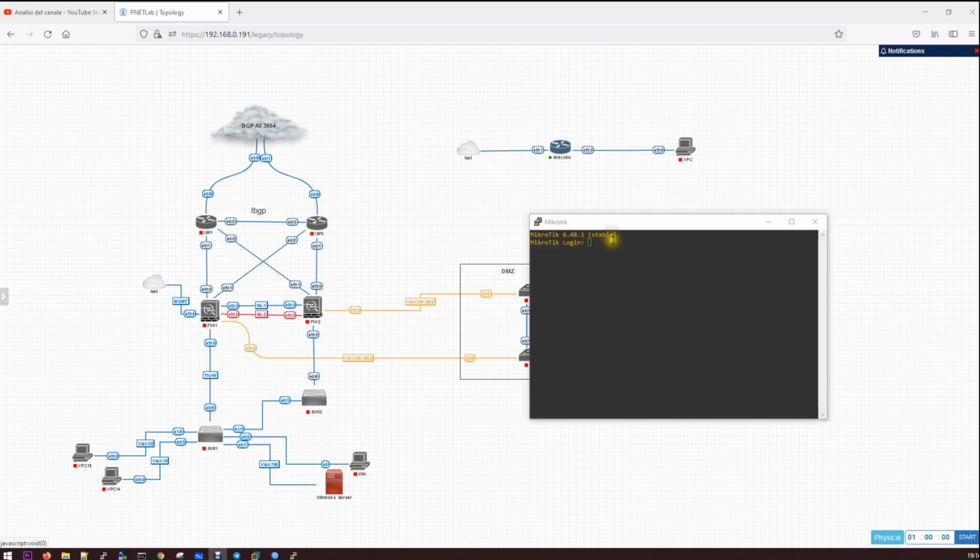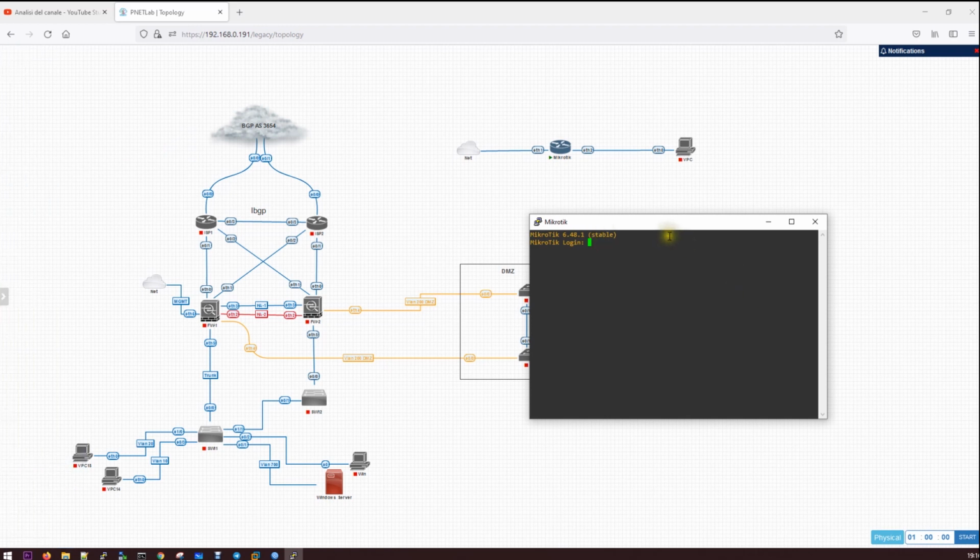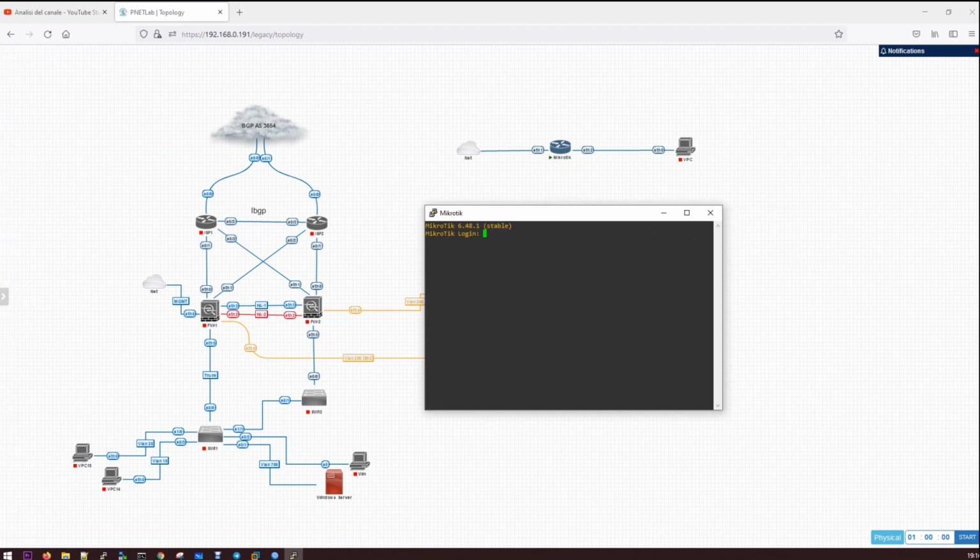Okay, now it's booting up. Basically, I pause the video and just come back. But if it doesn't work, you have to close the lab and open again. So it's fine. So at this point,